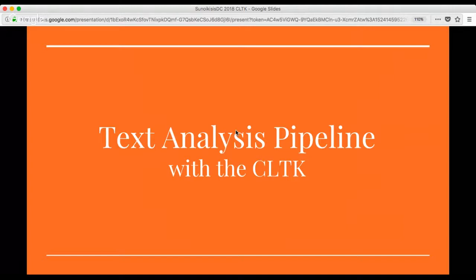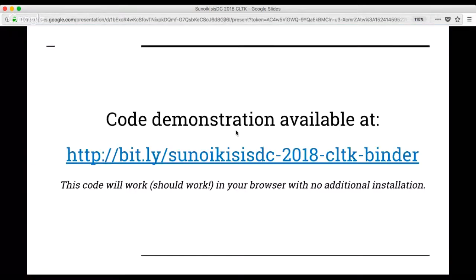That is what the Classical Language Toolkit does, what we hope to accomplish with it. And now I'd like to take you through a Jupyter notebook that I prepared that is available online. You should be able to use it directly in the browser. And so if you were to go to this link, and I can leave that up for, say, a minute so you have time to get there, I'll take you through what I would say is a typical